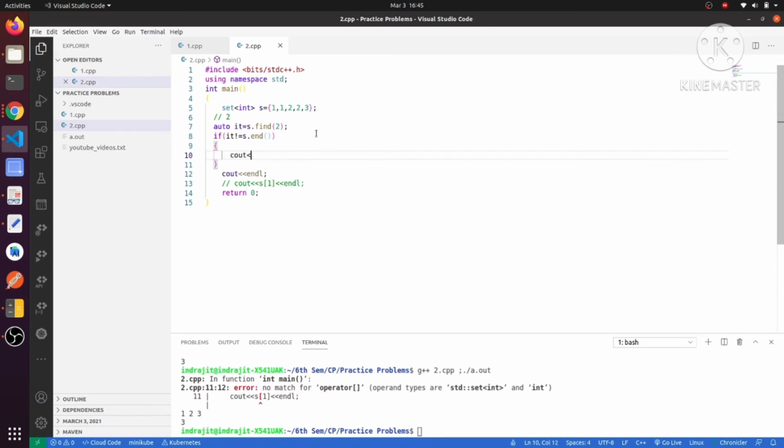Now I simply give an if condition that if it is not equal to s dot end, then I will print that it is found.